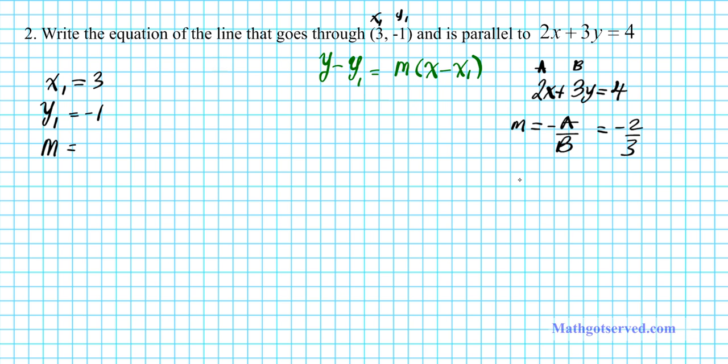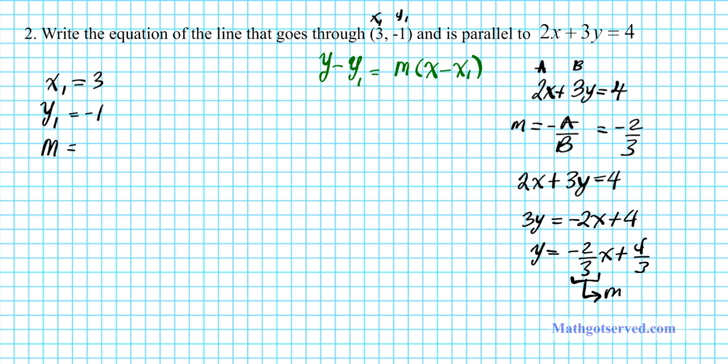That's one way. Or you can change this equation into slope-intercept form. Subtract 2x from both sides, and then divide by 3. And then we can see that the slope is 4/3. I mean negative 2/3, sorry. Alright, so m is negative 2 over 3. So that's all the information we need. So the equation of the line that we want,